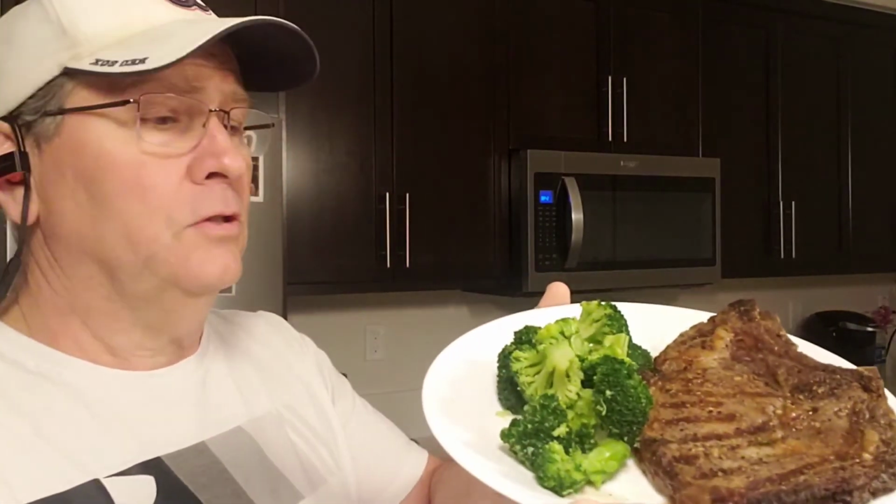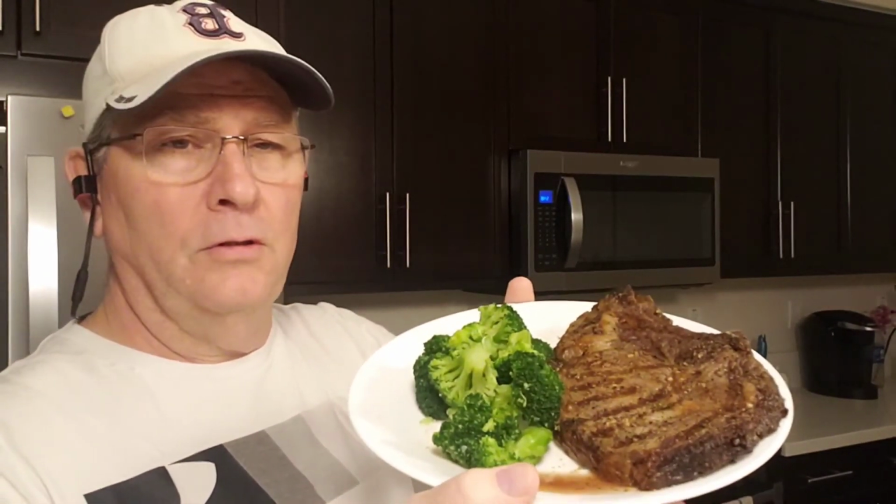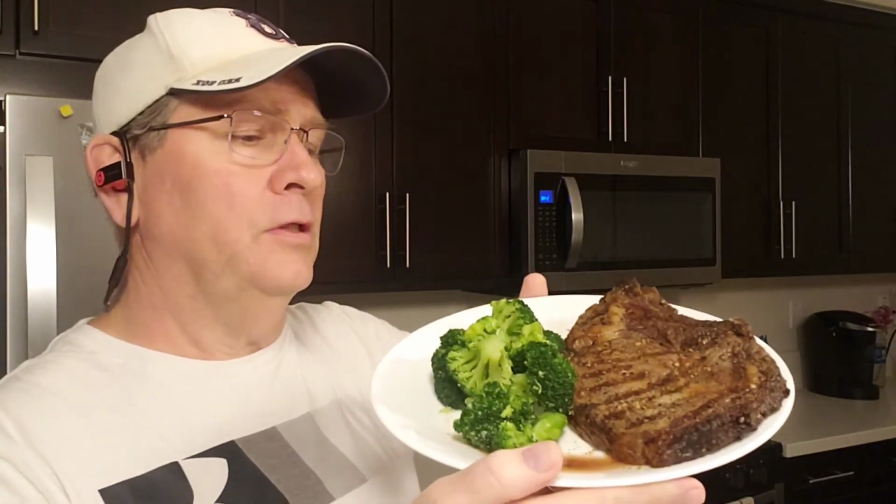So this is kind of what it looks like, right? I'm going to hold it up here and you can see it. I'm going to have some broccoli. This is frozen broccoli from our local grocery store, from Birds Eye. And some steak. It's a ribeye steak with the bone in it. It's about 12 ounces or so, and then the broccoli. So that's my dinner,